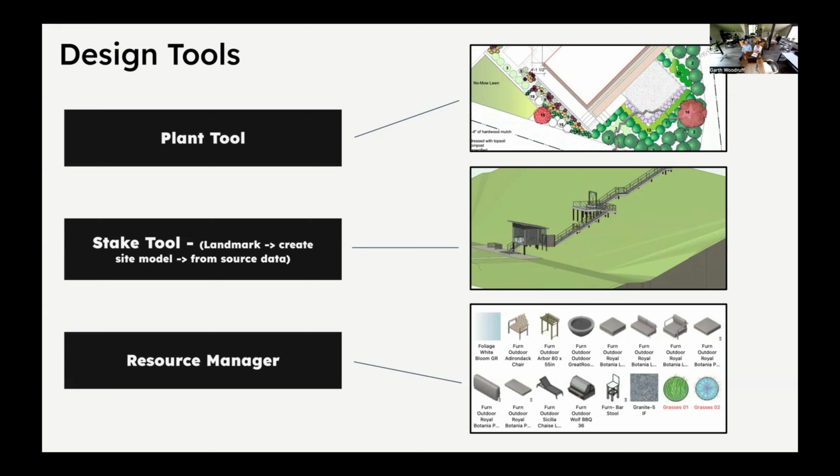We also use the stake tool, which is a big thing in creating these site models, which has become even easier with our site surveying tool, the MLID product. And so you'll have these 3D points that have a Z value attached to them, and that's used through the stake tool. And if you select all those points and you go to Landmark and you go down to Create Site Model, and then from source data, you can create this 3D topo map, which gives a good visualization on